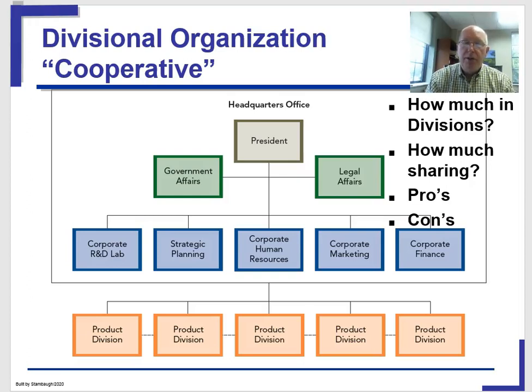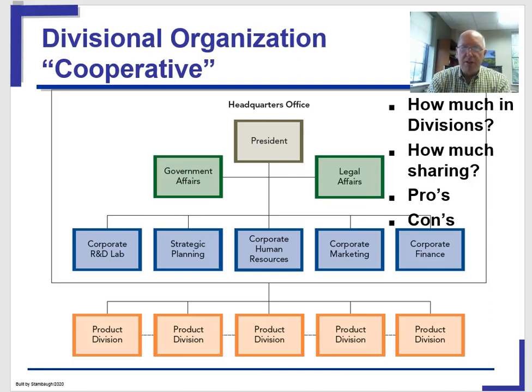What do we do if we decide we are not happy with the functional form? Well, the next step is to go to the multi-divisional strategy, or the M form. And the textbook talks about three different types of multi-divisional structures. And that's fine. The basic concept of the multi-divisional structures are the same. These different terms just express how they are slightly different.